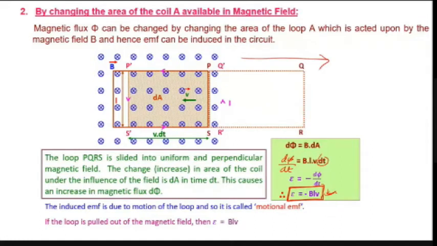Lenz's law opposes the change. So here, what is the change? Magnetic field increases or decreases? Sandhya Sanish, can you tell me what is the change happening here? Increase in magnetic field or decrease in magnetic field associated with the coil? As the coil moves, what is happening to the area? Increases. Area increases. So induced EMF will try to decrease the area. How can it decrease the area?